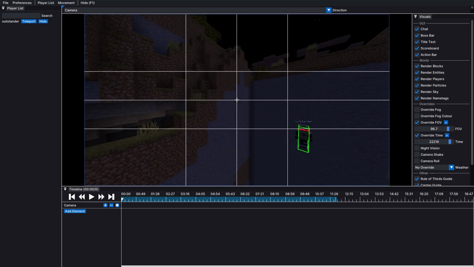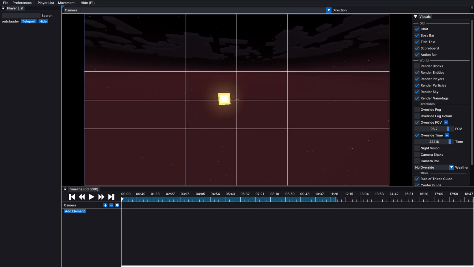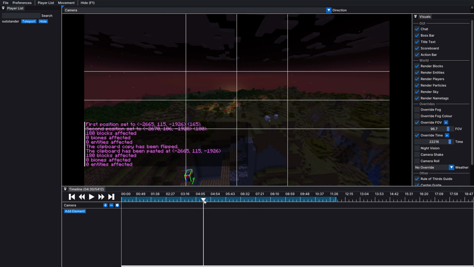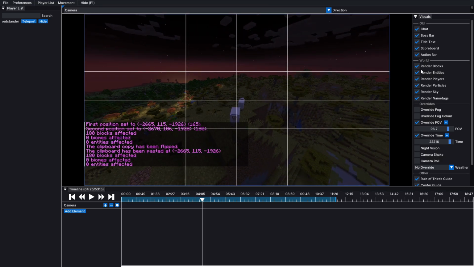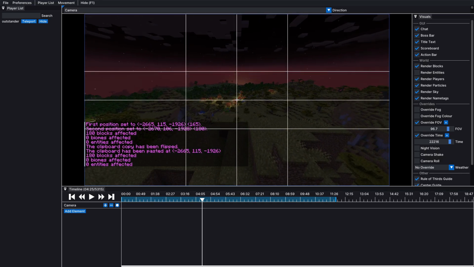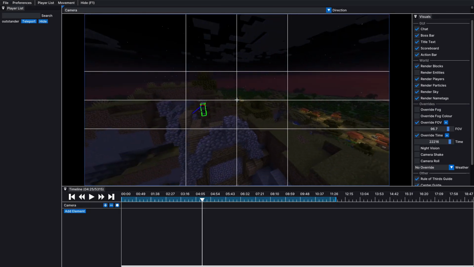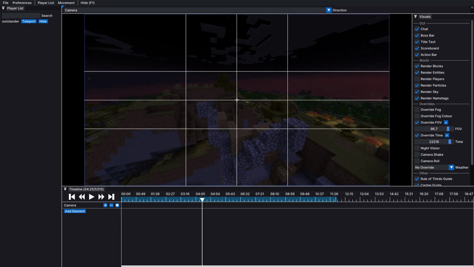And then for the world, you have many options here. For instance, we can disable the blocks, as you can see. So we are kind of in the void, and then we can render entities. In this scene, we have some sheep around here. If I uncheck this, every mob in this world is gonna be hidden, and my character is still visible since I don't count as an entity, I count as a player. So if I uncheck this box, every player on this server